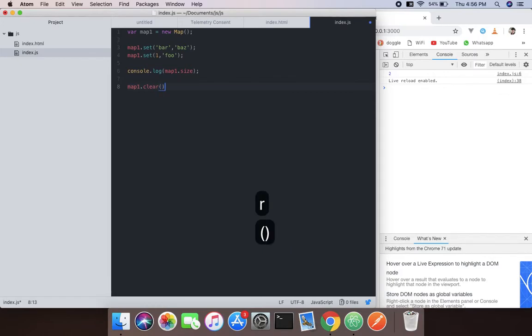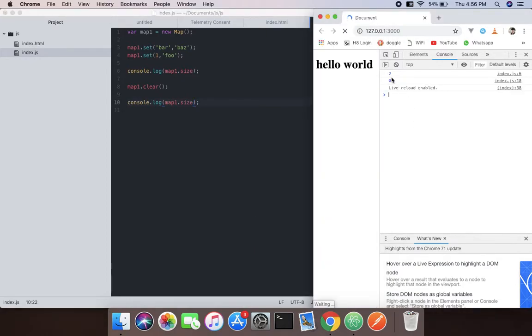It is a function. When you do that and log it on the console, use map 1 dot size. When we do that, it will say 0 because it doesn't have anything anymore. We deleted it through the clear function. So in this case, it's called a method because it's